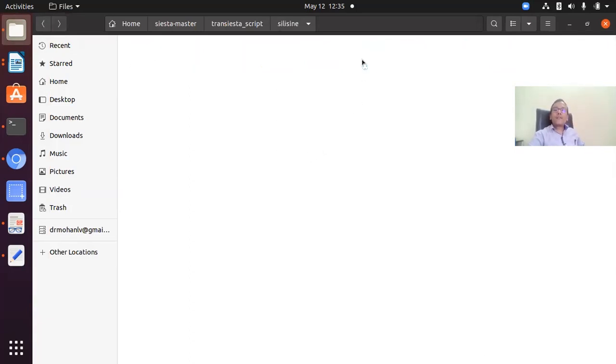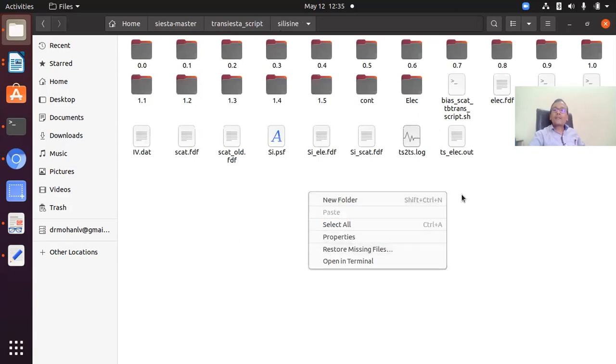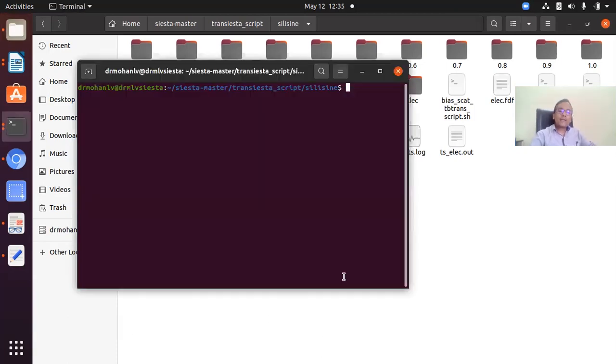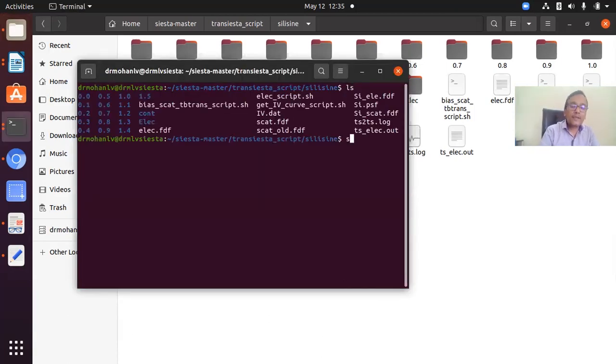So this is the solution, and one can again get an IV characteristic plot here, and we have run this from 0 to 1.5. So we will get this as such.